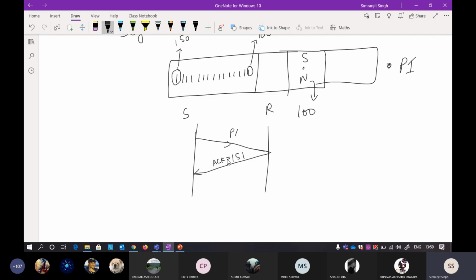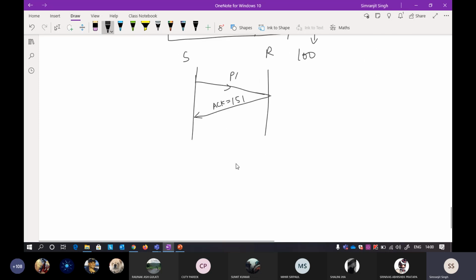So the acknowledgement number is sending that I want the next sequence number. What is the next sequence number? It is very interesting to understand how the receiver is able to figure out the final sequence number, meaning how it figures out that the total length is from 100 to 150 and that it has to send an acknowledgement of 151.